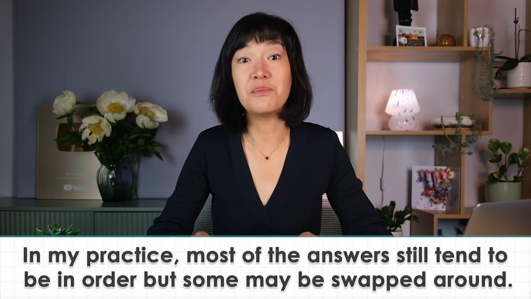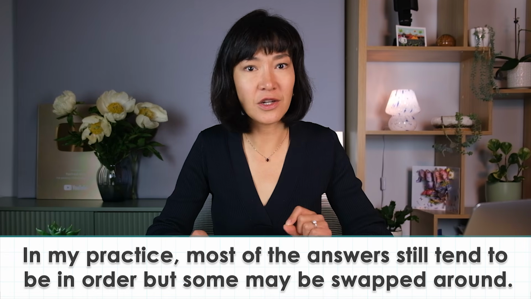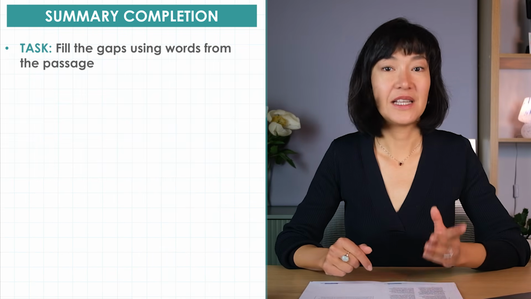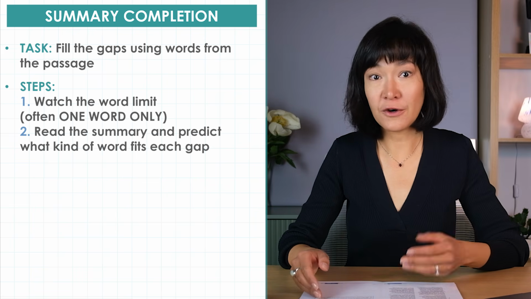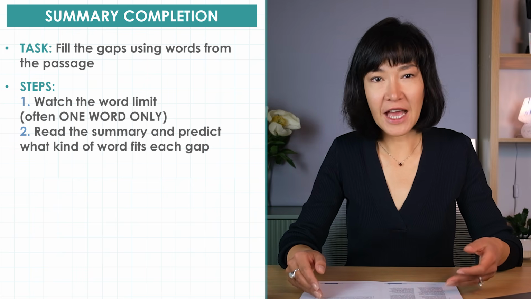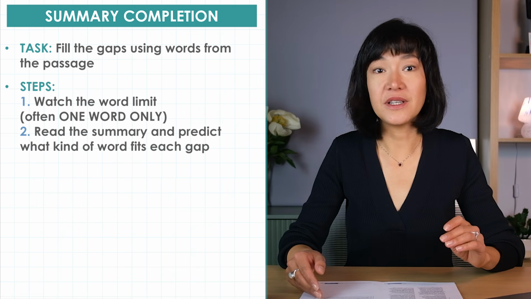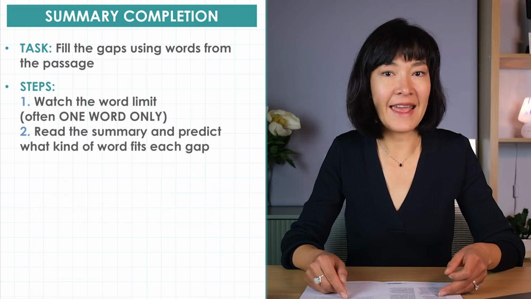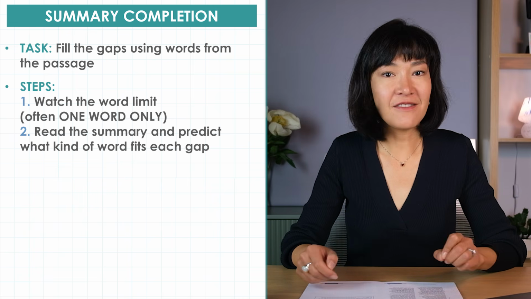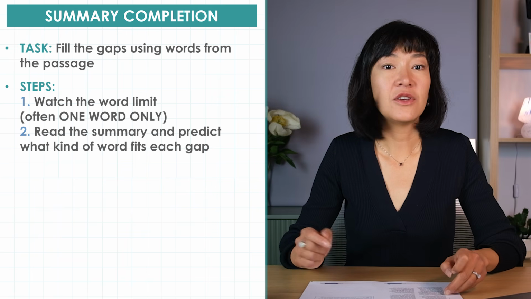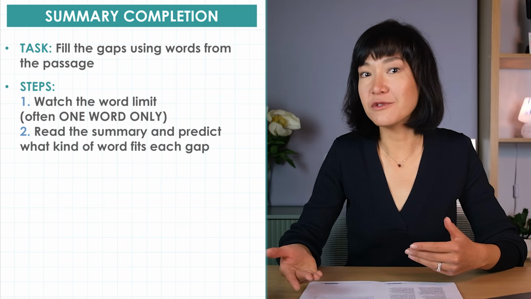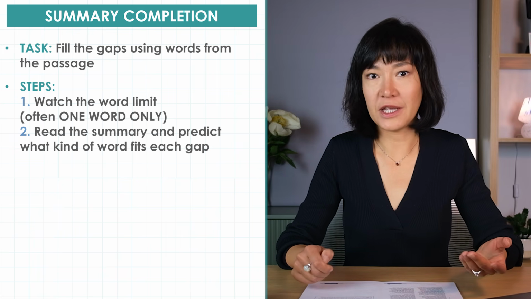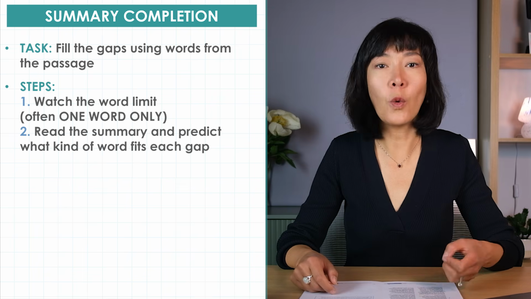In my practice, most of the answers still tend to be in order, but some may be swapped around. Okay, the strategy. Start by reading the summary itself before going back to the passage. For each gap, ask what kind of word could fit. Is it a noun, a verb? Is there an article in front of the gap, like a or the? If there is an or a, your answer is a singular countable noun. If there is no article where you would expect one, your answer is probably plural or uncountable, like water or